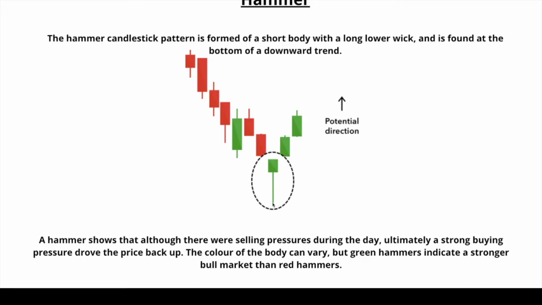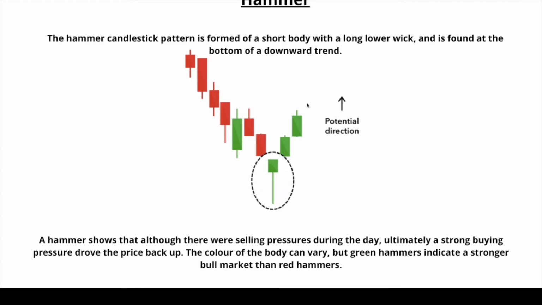selling pressure pushed price all the way to this lower part of the wick, but it did not maintain, because a lot of buying activity came back into the market, right? It pushed price all the way past the opening of the candle, and up here to finally close the candle. This itself, the hammer, is a very big indication that buying activity is coming back into the market and that this downtrend will soon reverse. As you can see, the next few candles that were formed after it were green, which is now pushing the